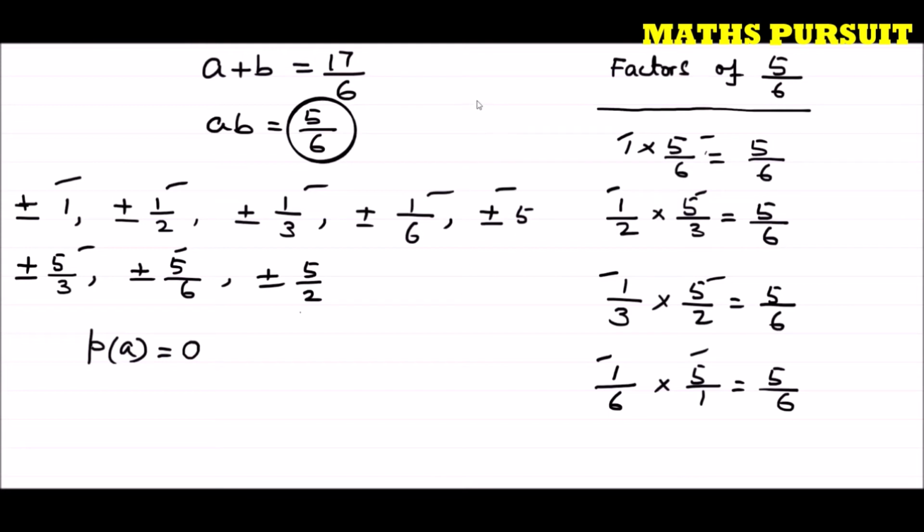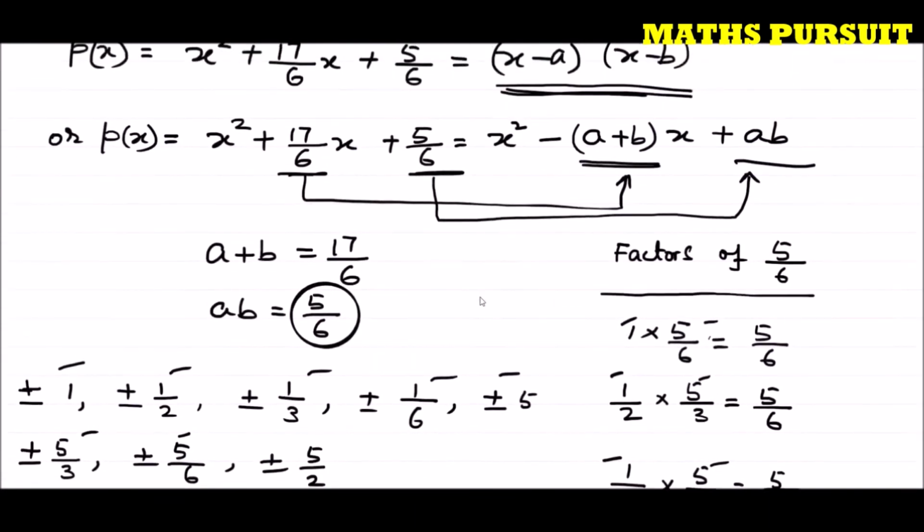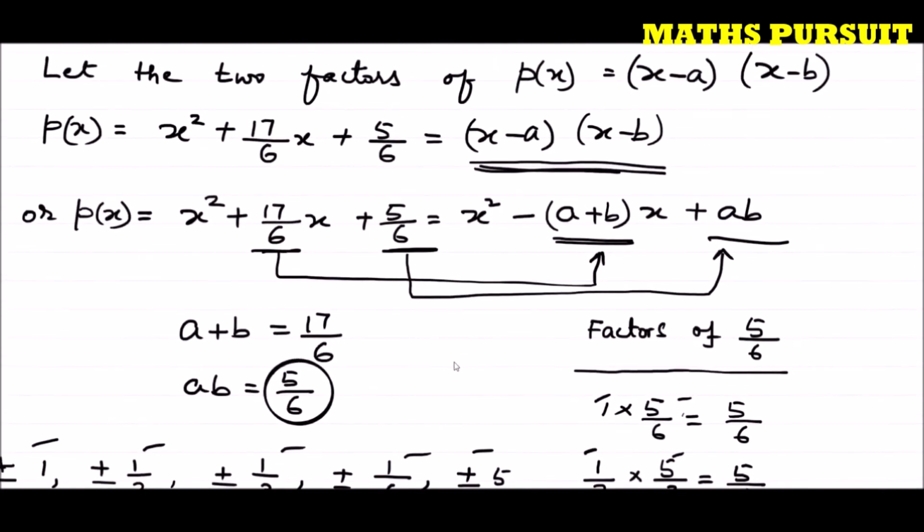Now, in order to apply the hit and trial method, you could see that the given equation is all positive. Here we have all positive numbers. That means if I consider any positive value of x, these numbers will not cancel out and we will not get 0. Try to understand: if I consider any positive values of x, these numbers will not cancel out and we will not get 0.